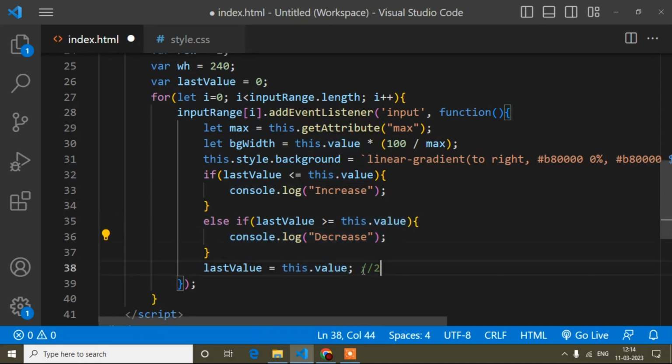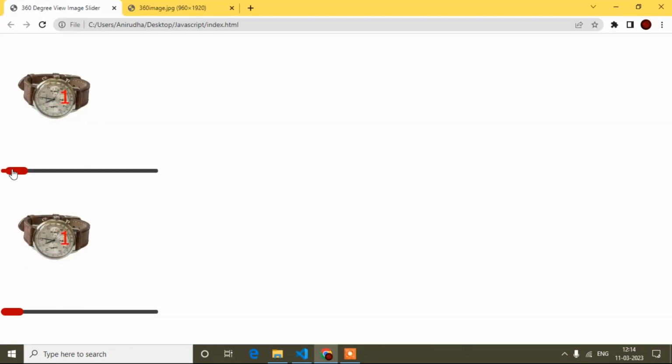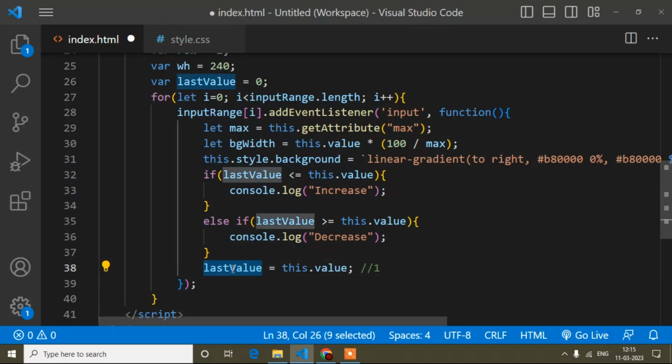Again I store last value; I move left side, this value is 1, so I store last value as 1 as well. Same way if I move here, this value will be 0, the range slider value is 0, but the last value is 1, which is more than this value, so again it is decreased, and later I store this value, so the last value is 0. Like this way I will get whether it is increasing or decreasing.